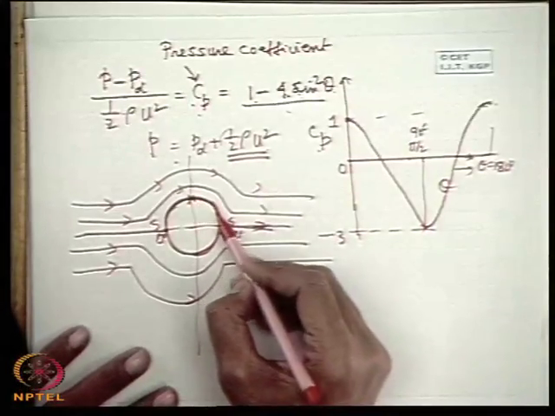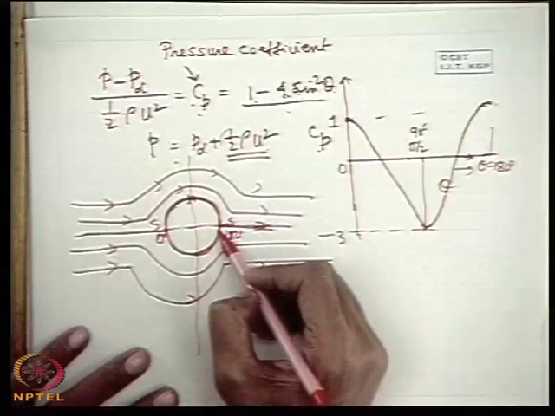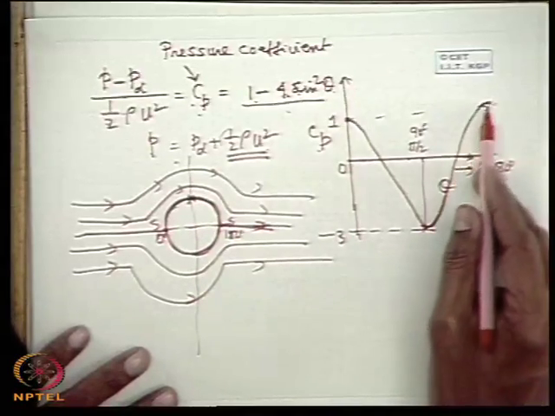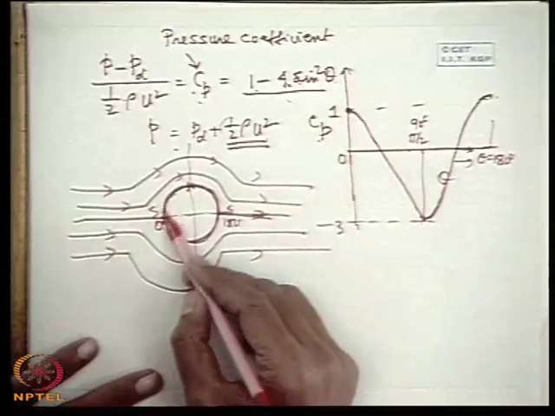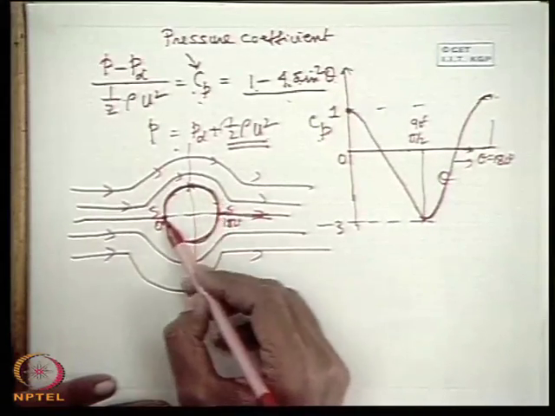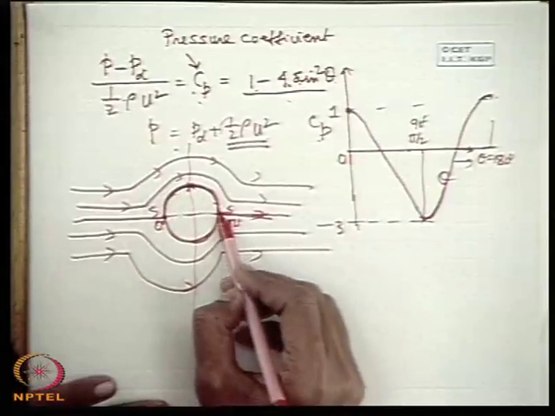Again in this part the fluid is retarding, velocity is decreased because we have seen earlier the velocity function, then the fluid pressure is increased and it recovers the same pressure. There is no dissipation of pressure into intermolecular energy because fluid friction is absent. So this part is the accelerating flow, this part is the retarding flow.